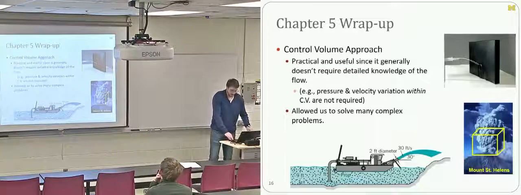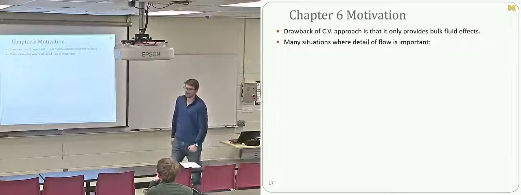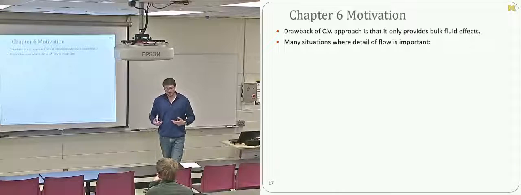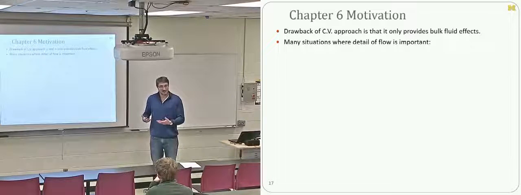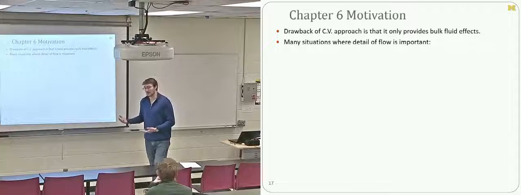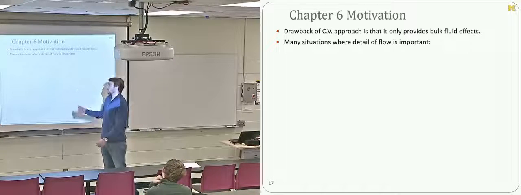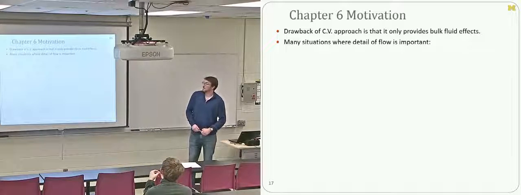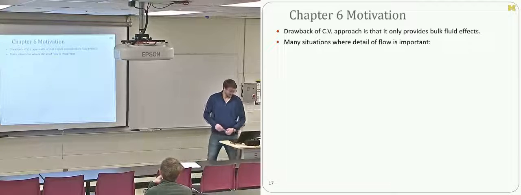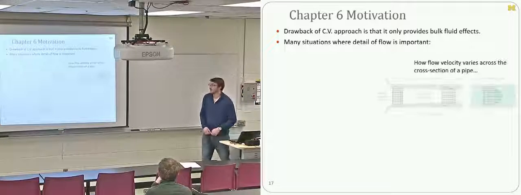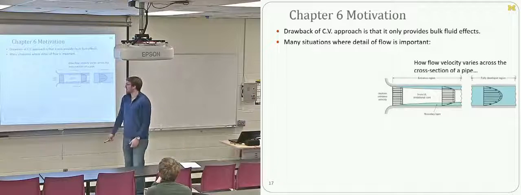Okay. The problem with control volume analysis is the same as its strength. By really zooming out, what we gain in simplicity, we lose in granularity. So if we want to know the details of what's happening in the flow inside a control volume, we just can't do that using control volume analysis usually. So there are lots of situations where we're actually very concerned with the details of the flow. For example,